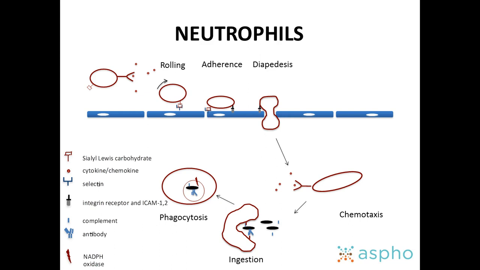Okay, and so how does this happen? All right, so I'm going to keep coming back to this chart because basically every step in this process can go wrong, and with every step that goes wrong, we have a disease. Okay, so basically you have your neutrophils minding their own business, floating around, and they see that there's this danger signal. Right? You get some cytokines or chemokines,